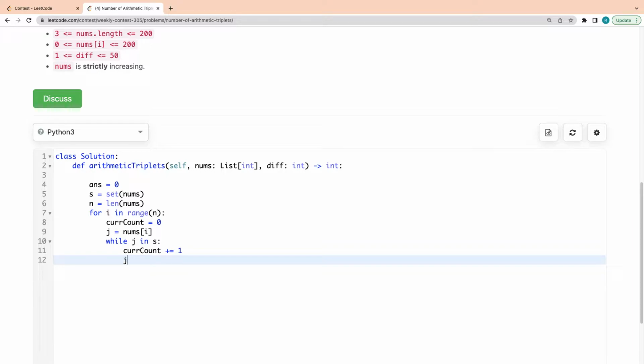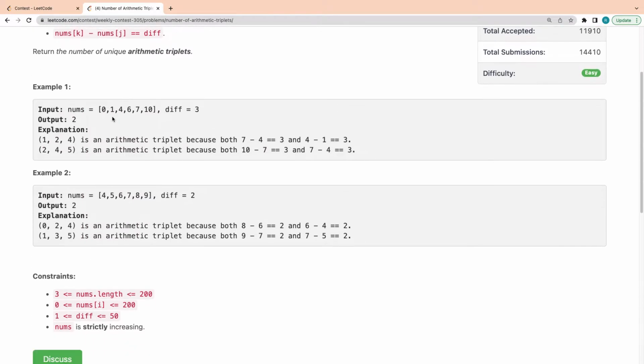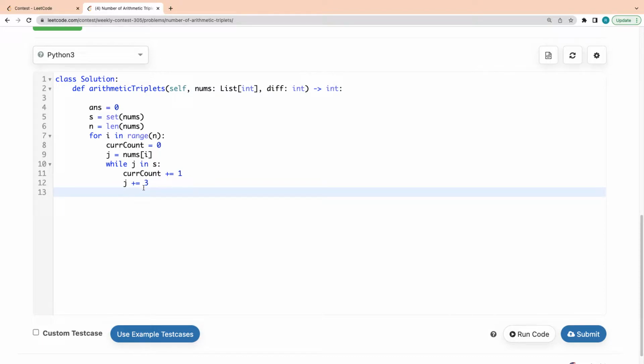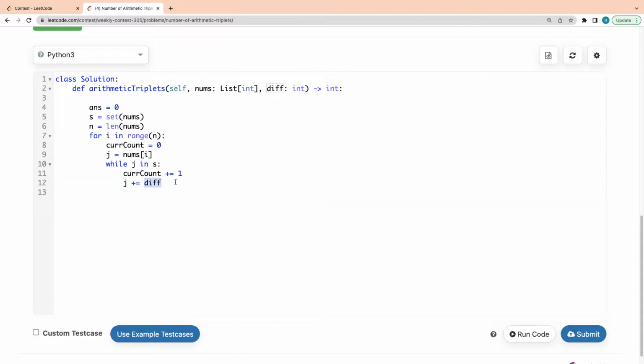And j should be changed to plus 3, right? Because now I have to find the next number, j plus 3. So if I'm starting from 0, the next number that I have to find is 3, right? If I'm starting from 4, I will find the next number 4, and if 4 I'm finding, I'll try to find the 7, right? So that's how I'm going to increase every time. Not 3 basically, right? It should be diff, because diff can be anything, right? So I will increment by diff,